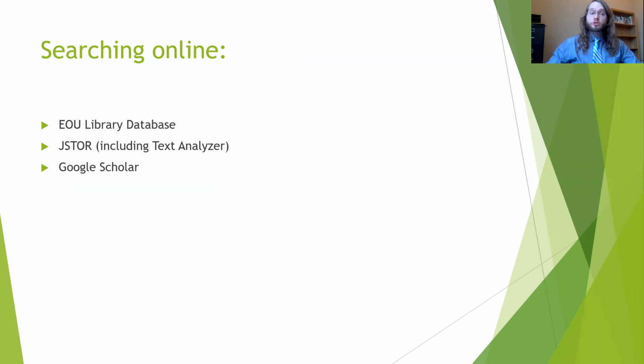When it comes to looking at sources online, I highly recommend starting with the EOU library database, which does a great job of entering in search terms and finding results. For instance, you might search a theory followed by the word communication to find results, including journal articles or book chapters that connect well. For instance, you might choose uncertainty reduction theory communication and see if there are particular pieces that are interesting or that could add for this assignment.